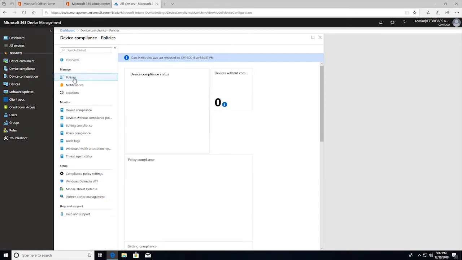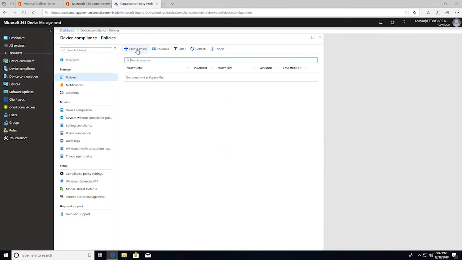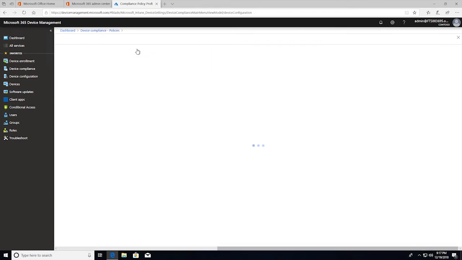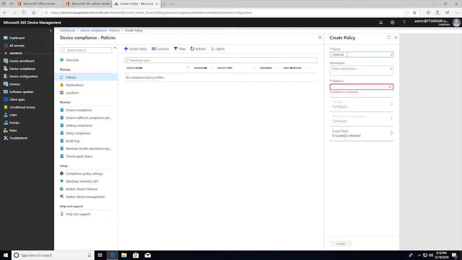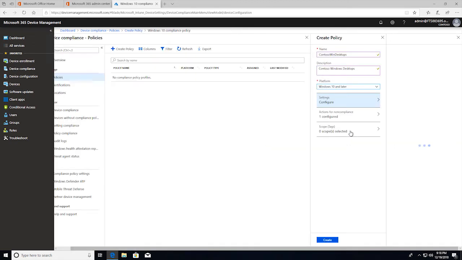To create a policy, we'll select Policies, and then in the toolbar, select Create Policy. In the Create Policy pane, we'll populate the fields. In the name field, we'll enter Contoso Win Desktops. In the description field, we'll enter Contoso Windows Desktops. We'll select the platform field and select Windows 10 and later, which loads the appropriate settings for Windows 10 compliance